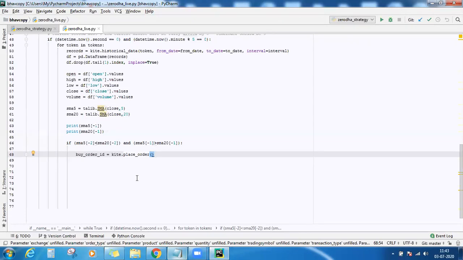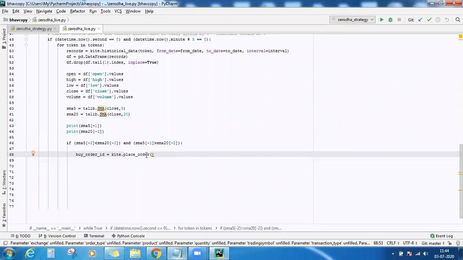If the order does not get hit within 30 minutes after you punch in the order, that means that is a strong trending market. It is not coming down. So you will exit that order. For that, you will be using kite.cancel_order, and you will need to supply the order ID. So you are storing it inside a separate variable.